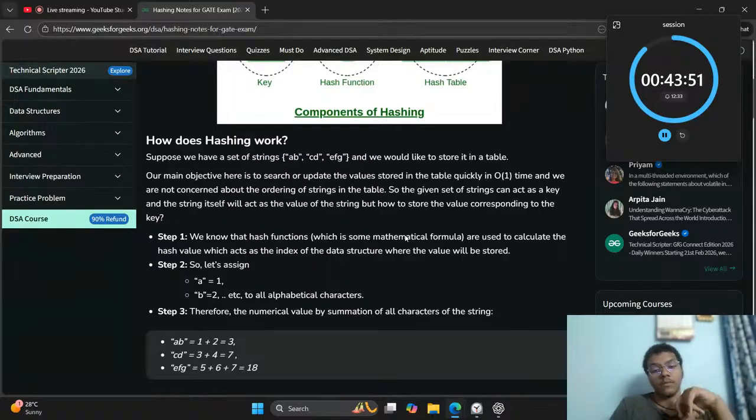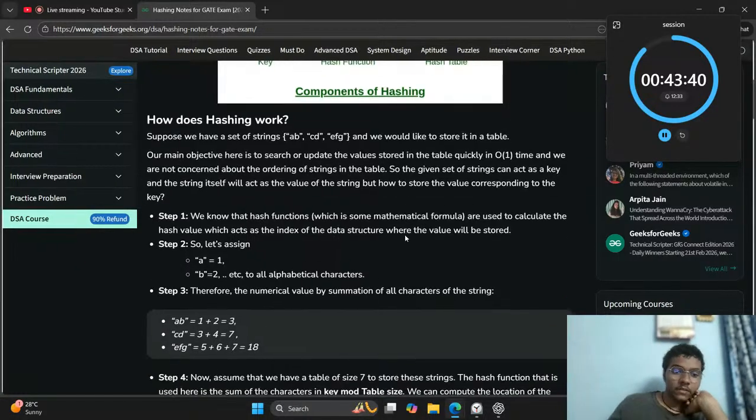But how to store the value corresponding to the key? We know that hash function is a mathematical formula used to calculate the hash value, which acts as the index of the data structure where the value will be stored. Let's say,